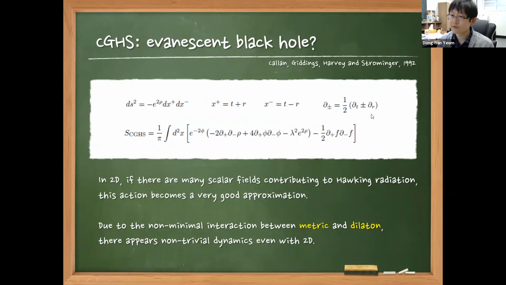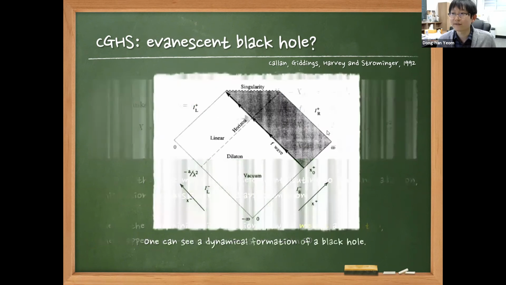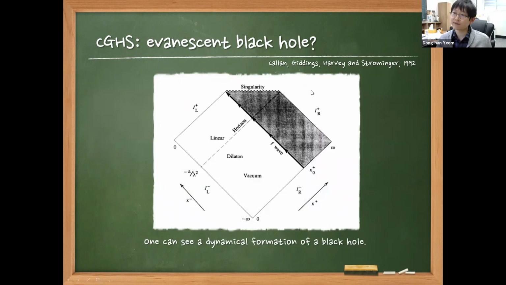So due to the non-minimal interaction between metric and dilaton, like some part like this, there appears non-trivial dynamics even in the two-dimensional case, and maybe these are the equations of motion by choosing some gauges and so on. But mathematical details are not important at this point. Let's see the conclusion. So first, what they obtained is that by considering the null shell collapse, they could show